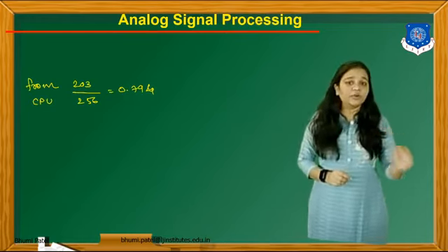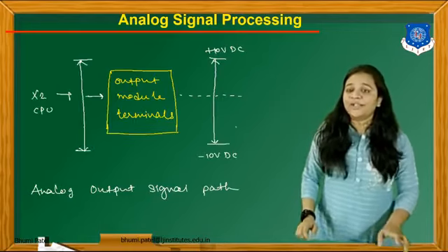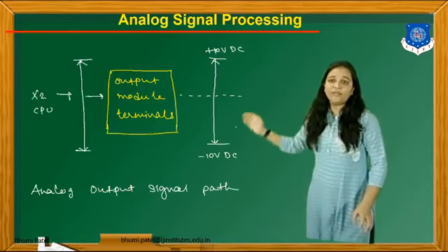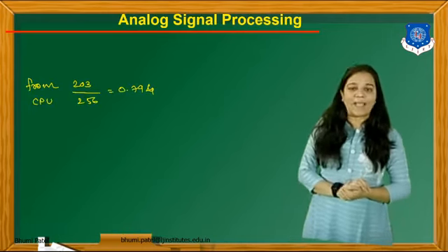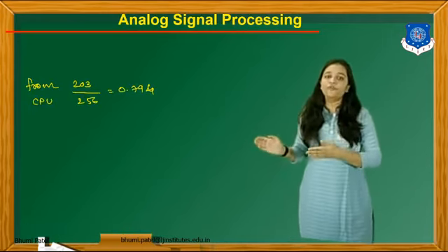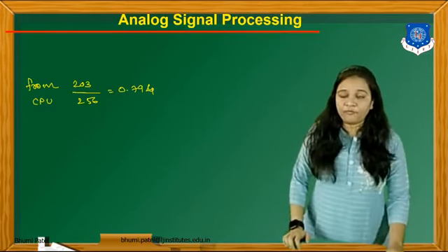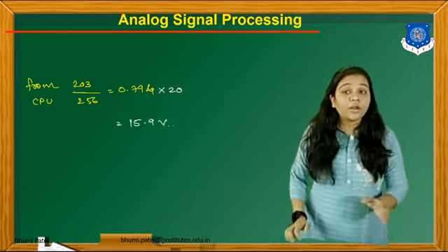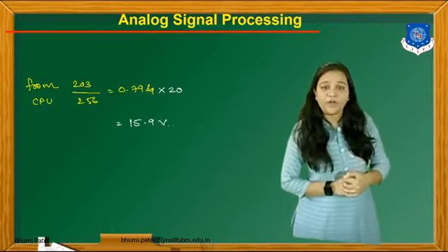It is 102. And what is the process for the output? So here you can see that it is multiplied with the 2. So we can get 203 divided by the maximum limit, it is 256. That is equal to 0.794. Okay, now we have to convert this 0.794 into the voltage form.